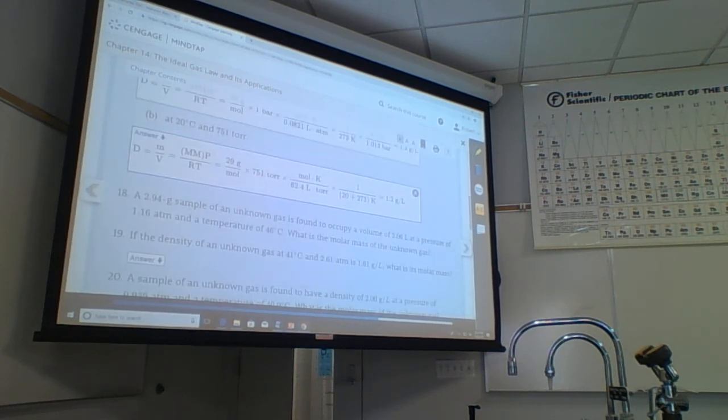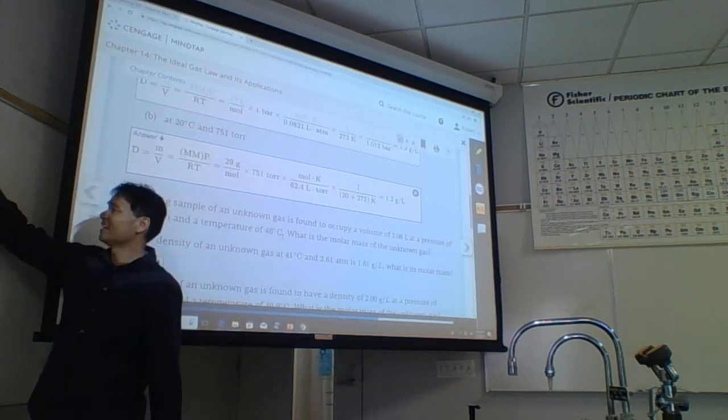1.2. A 2.94 gram sample of an unknown gas is found to occupy a volume of 2.06 liters. So we have grams and liters, so we know the density. If we take the grams divided by the liters, we have the density. At a pressure of 1.16 atmospheres and temperature of 46 degrees C, what is the molar mass of the gas? Either that or we just use the original equation, because they give us the grams, they give us the,